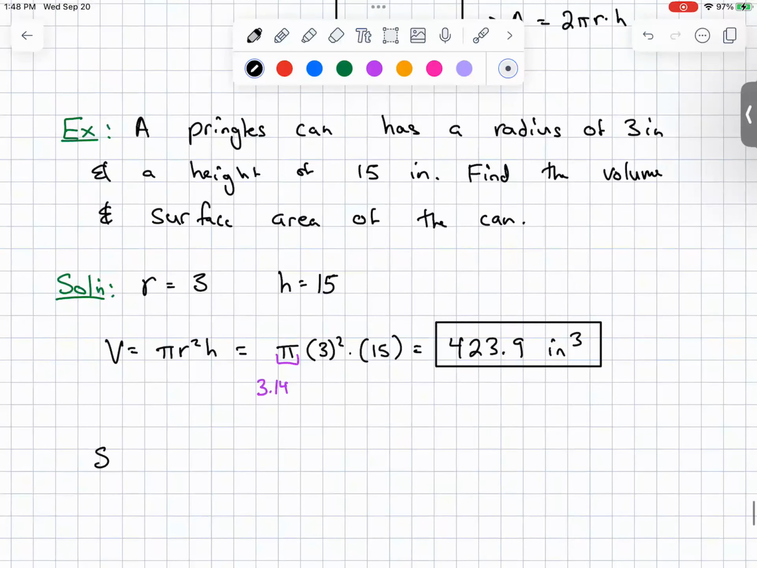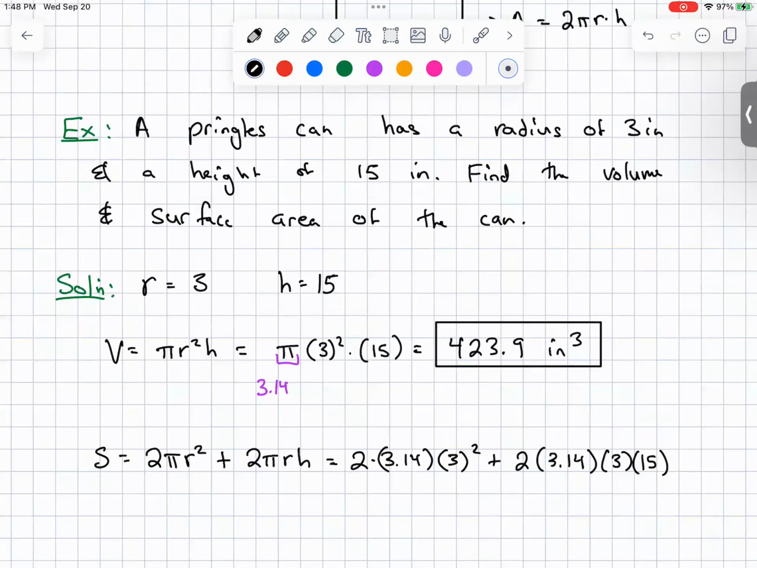And then for the surface area, it's 2 pi r squared plus 2 pi r h. So that's going to be 2 times 3.14 times 3 squared plus 2 times 3.14 times 3 times 15. Plugging that into my calculator, 2 times 3.14 times 9 plus 2 times 3.14 times 3 times 15, you get